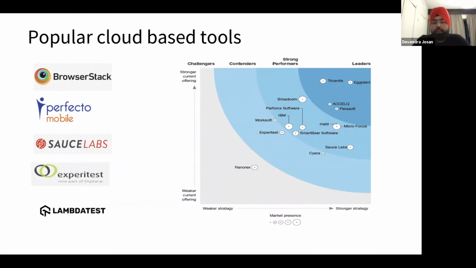According to a Forrester Wave report, this is the market presence of all these tools. Even Mabl is also getting very popular in recent times. You have Perforce software, which is Perfecto Mobile. You have Experitus, which is very popular and the older one. And you have tools from Tricentis also, Sauce Labs. So be very cautious whenever you are selecting your tools, because there might be different factors for you to